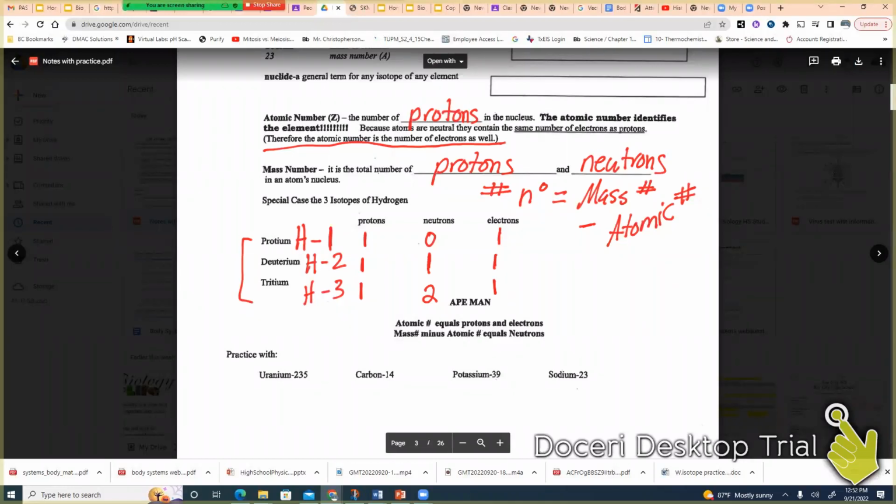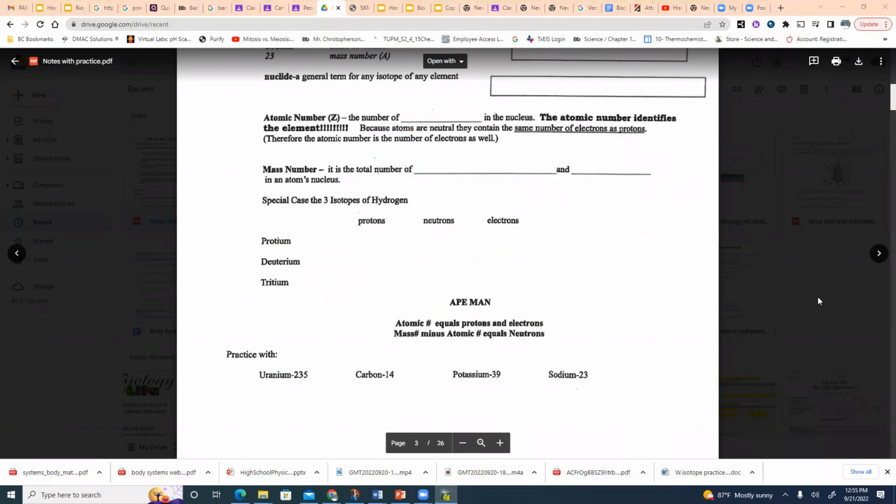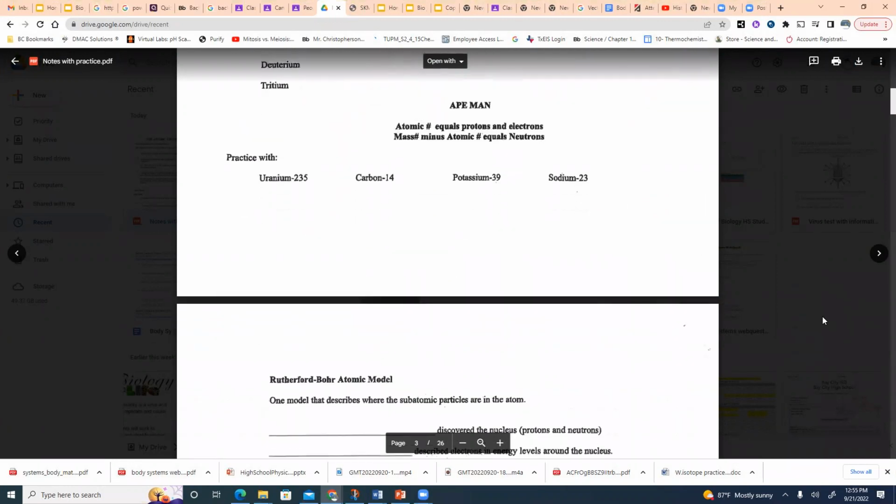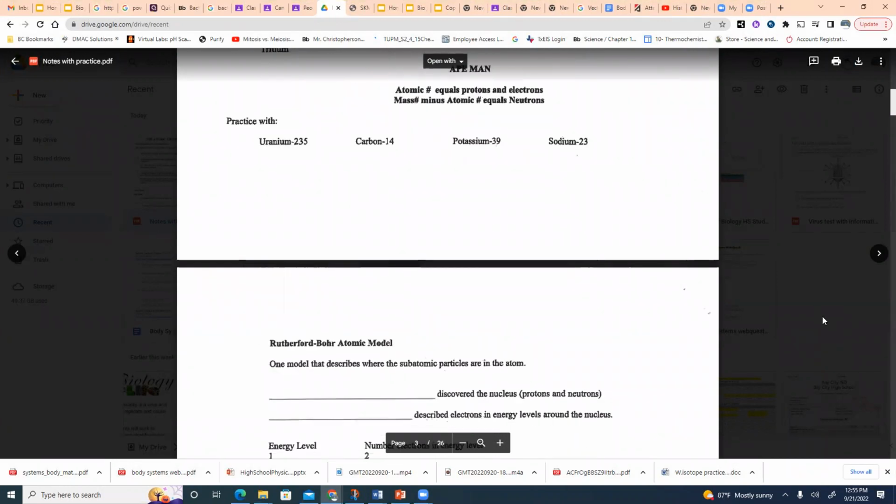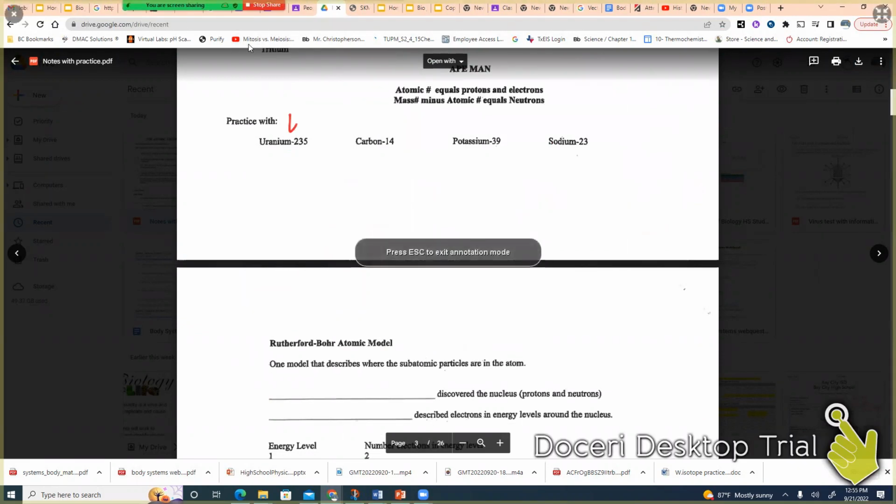All right. If you like a little mnemonic to help you memorize things, 8-man is a little mnemonic that you might find handy to tell the difference between atomic number and mass number. So let's try some examples of those at the bottom there. All right. So uranium, its symbol is U. Carbon is C, potassium is K, and